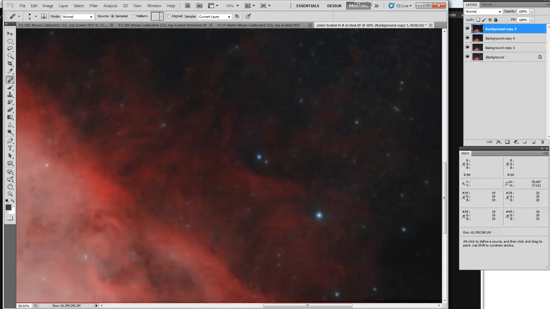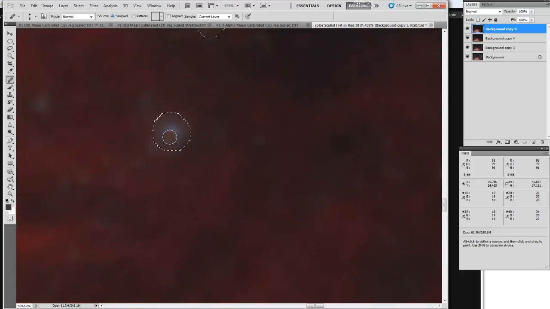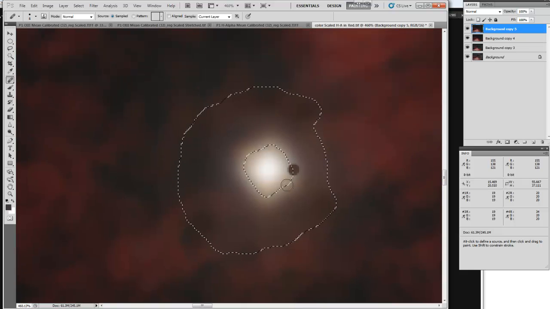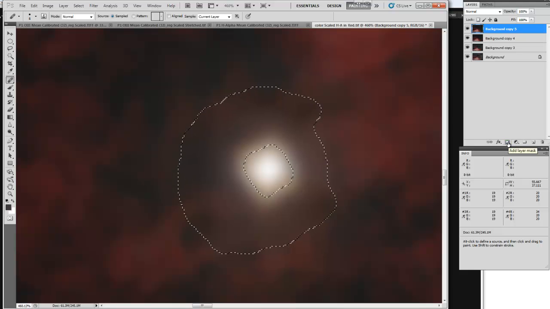But before we do that, I told you that we had selected all of these other stars, and everything we did with the color adjustments happened to these stars too, and we don't want that to happen. So how do we limit the effect to just this one star that we wanted to clean up? Well, the way we do that is with a mask. In the world of Photoshop masking, white reveals and black conceals. So if I add a mask to everything we just did here in black,